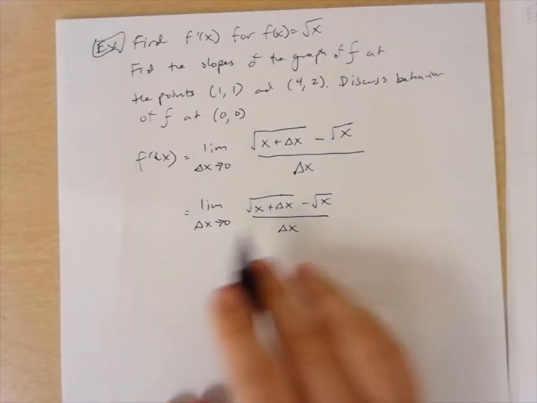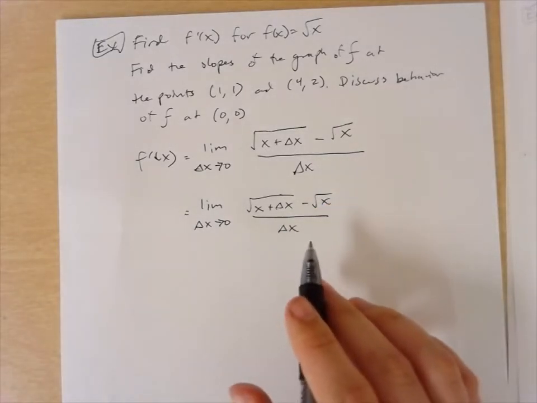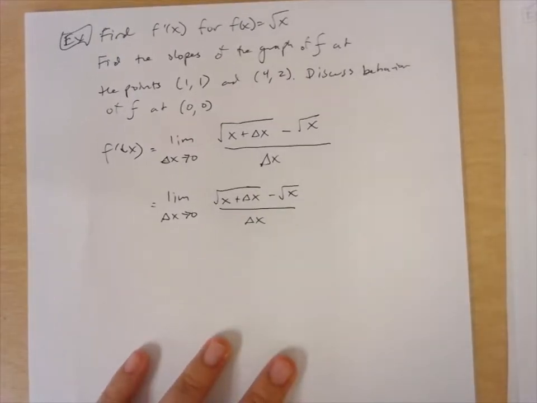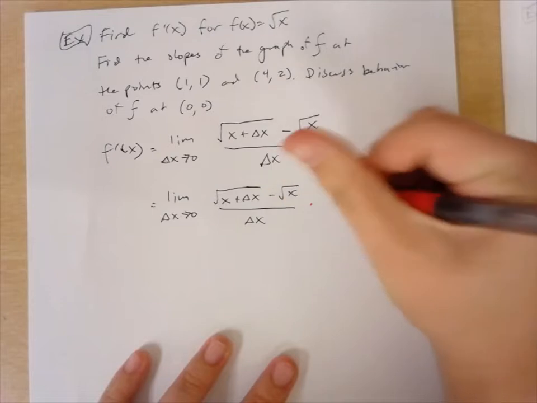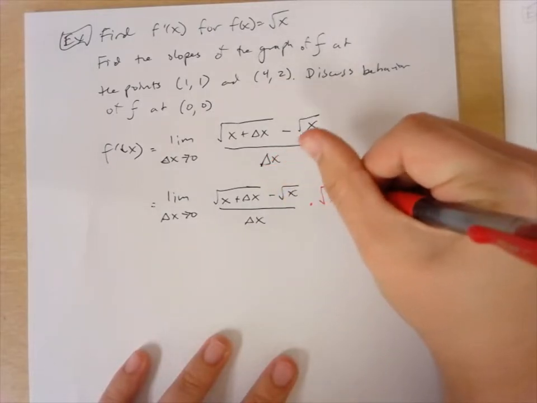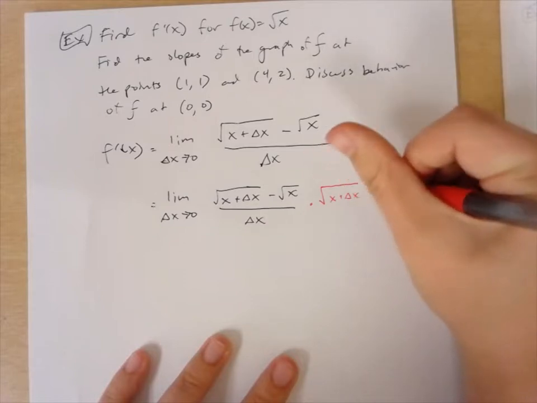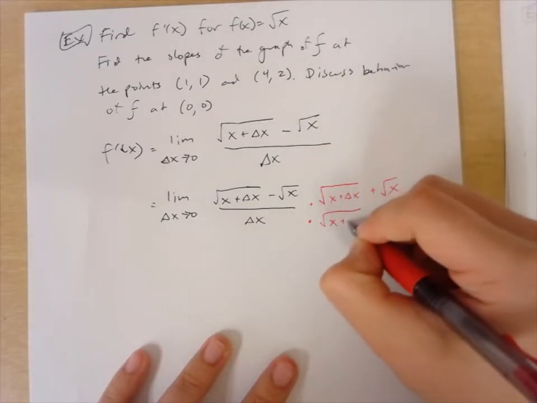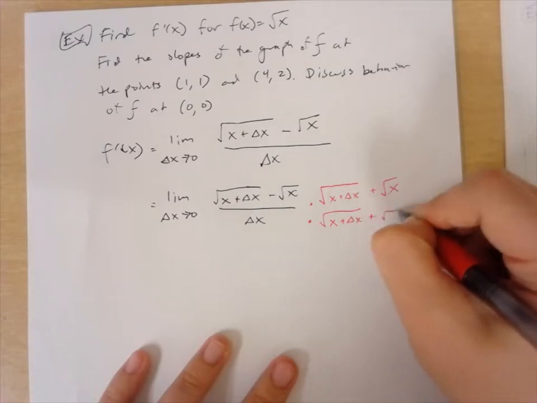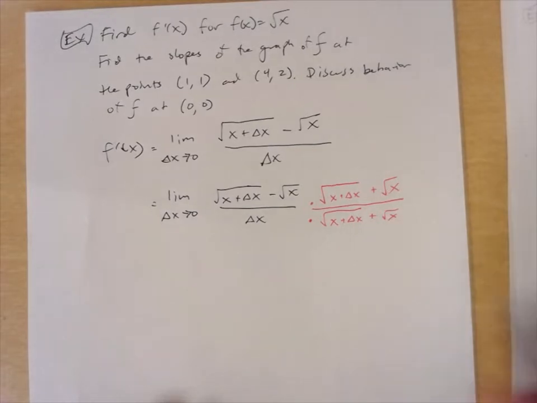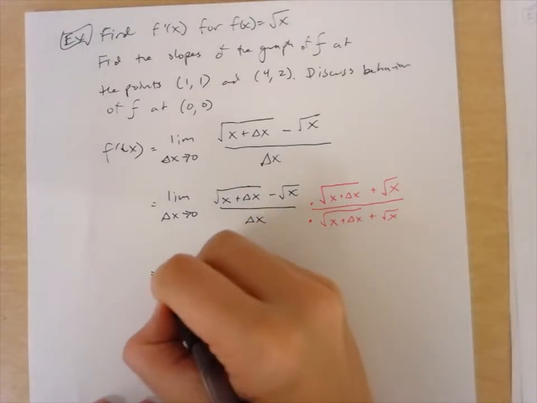But as you can see, if we were to substitute in 0 directly, we wouldn't be able to just yet. We'd still get undefined. So what we need to do is some work, and we're going to multiply by the conjugate, top and bottom. And when we do that, what we are left with is